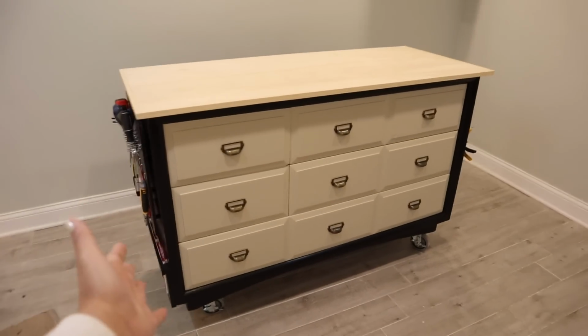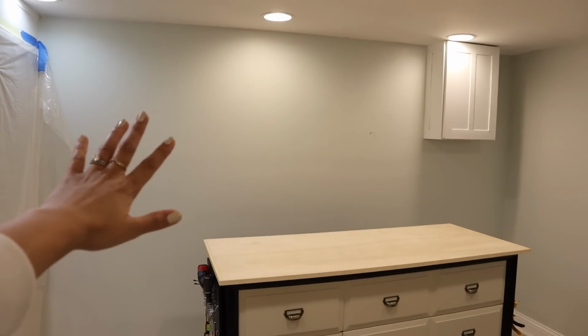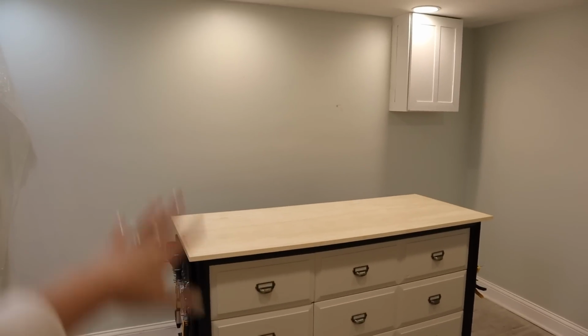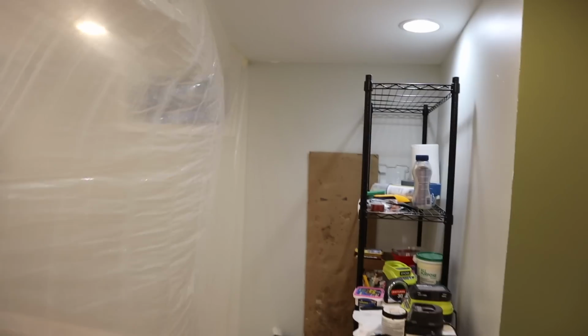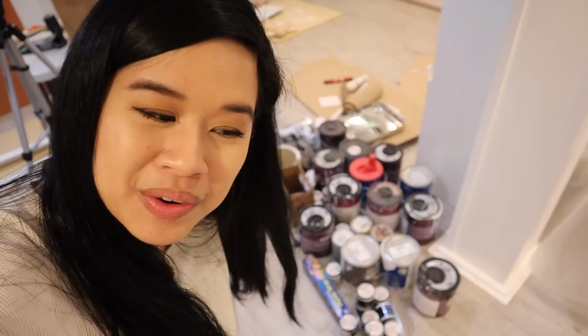of the workshop. And if you guys remember, we redid the dresser. It looks amazing. I love how this came out, but this is going to be in the middle of this room, and this back wall is primarily where I plan to film the rest of my projects in the workshop. So this is kind of what I'm focusing on today. As you can see from the other side, we still have a lot of work to do. I have all of these tools just laying around. I would really like to get this all sorted out because it makes me so stressed out looking at this. And what you didn't see also is like this giant pile of paint on the floors. So we have our work cut out for us, but I know we're gonna make it work and it's going